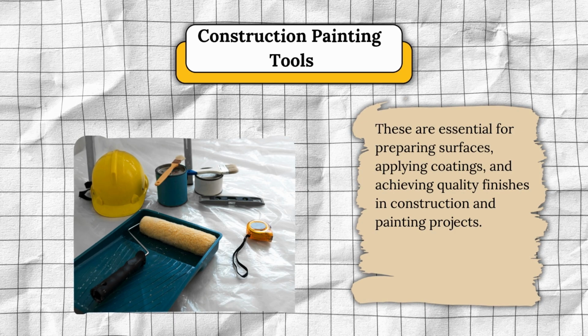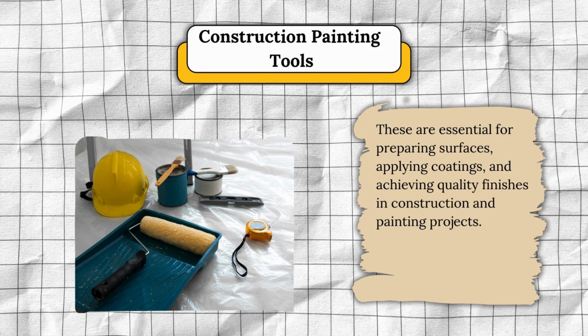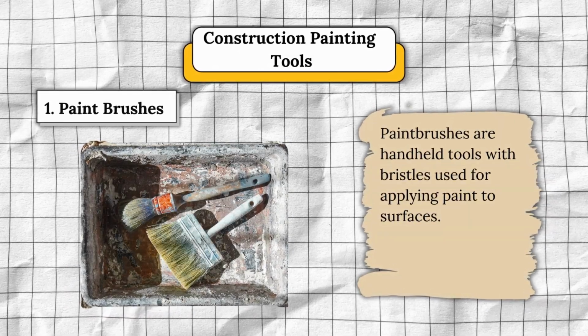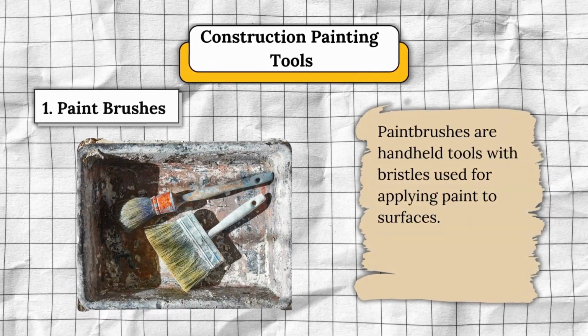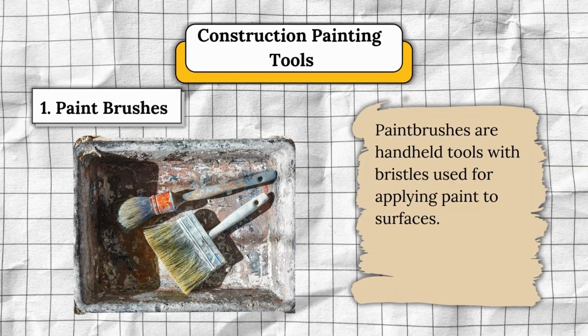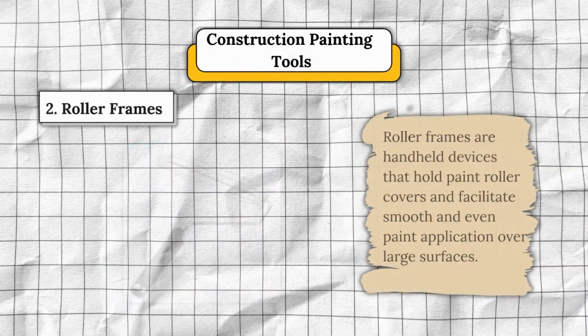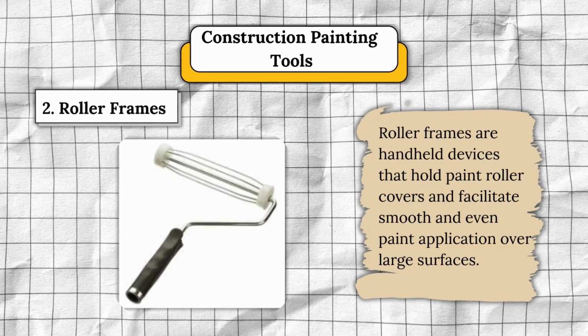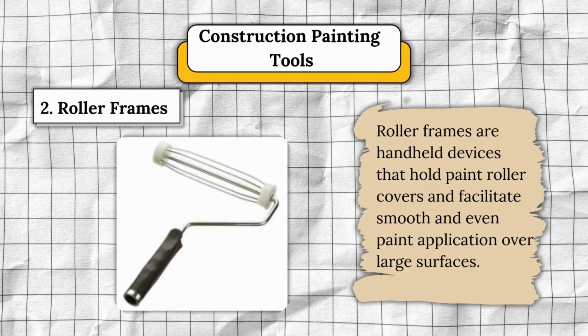These are essential for preparing surfaces, applying coatings, and achieving quality finishes in construction and painting projects. Number 1. Paintbrushes. These are handheld tools with bristles used for applying paint to surfaces. Number 2. Roller frames. These are handheld devices that hold paint roller covers and facilitate smooth and even paint application